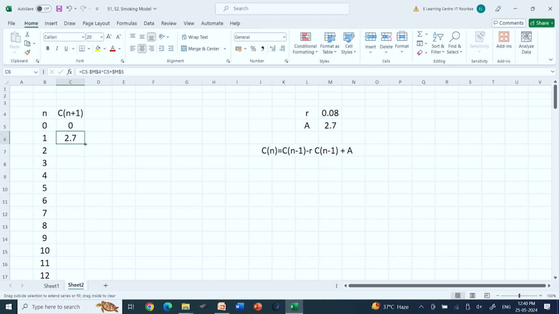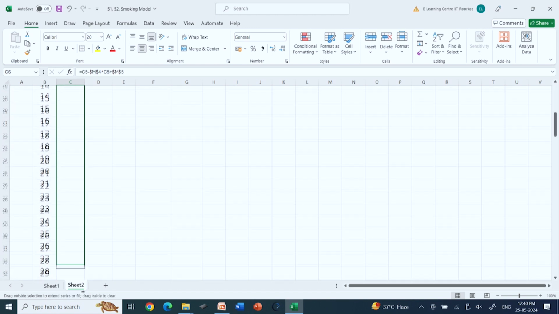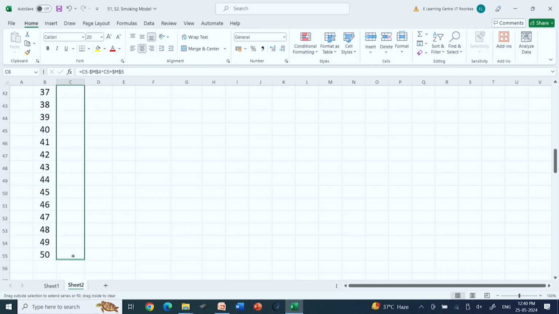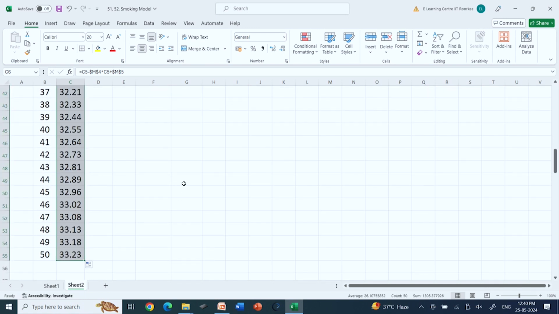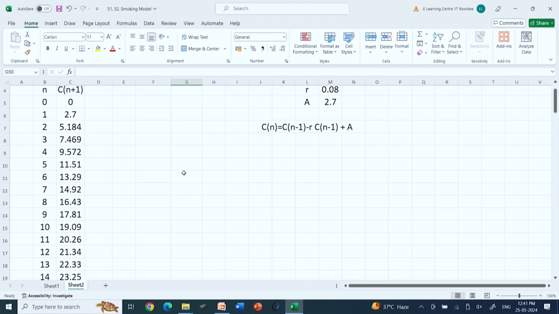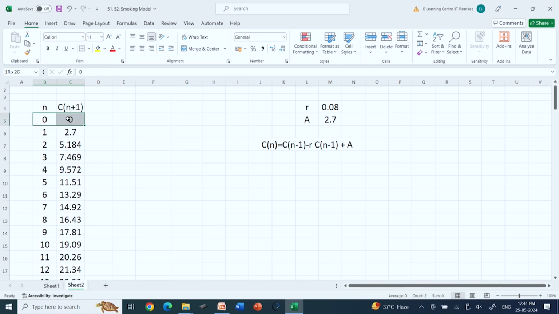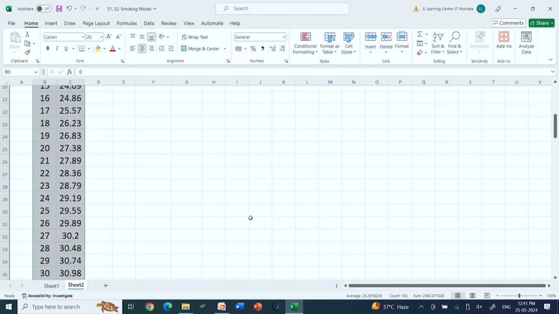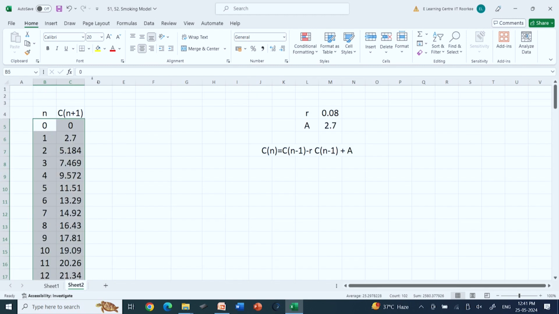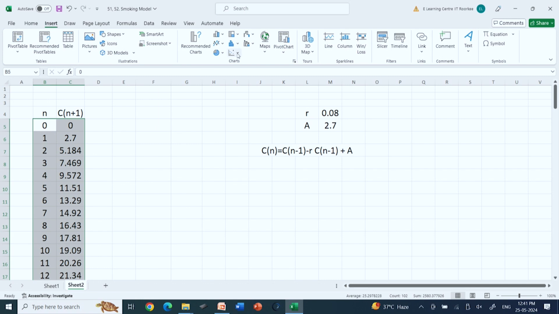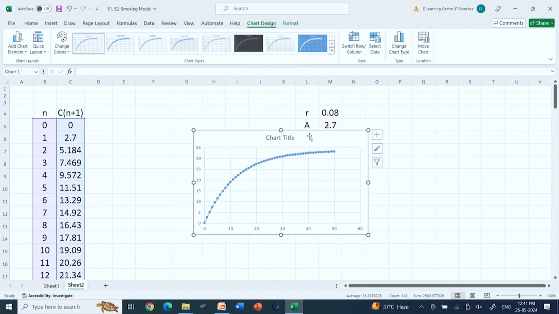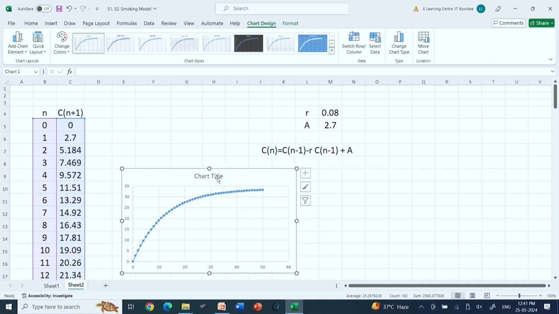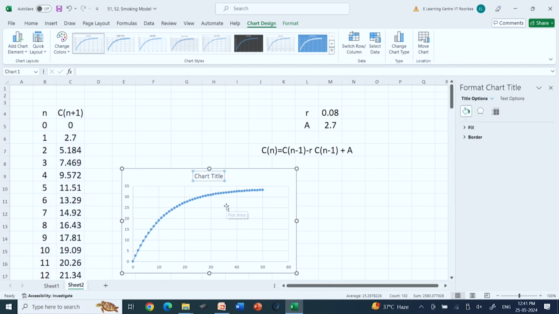So if I drag the values, let's see how much. So I highlight this, go to insert, click this value and this one. So I can write this as